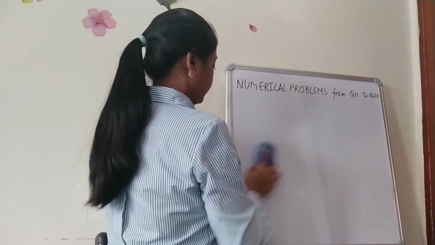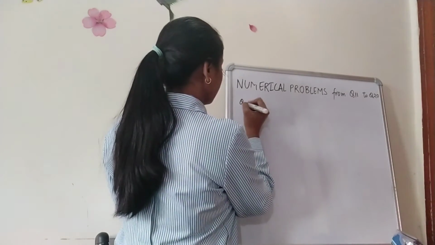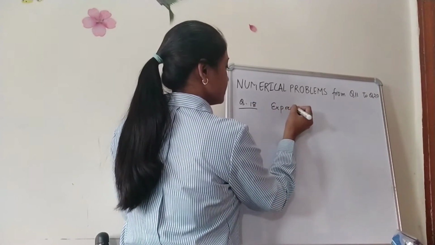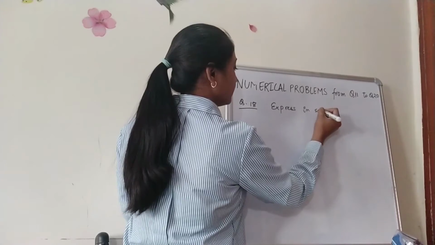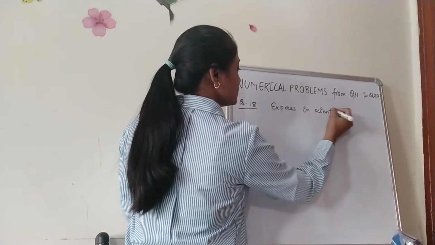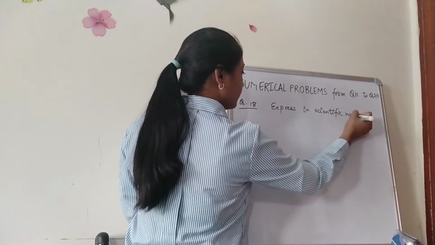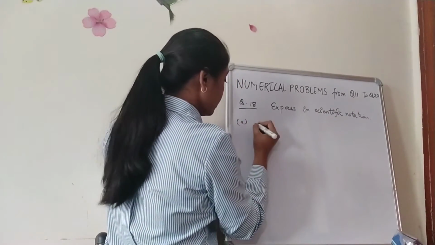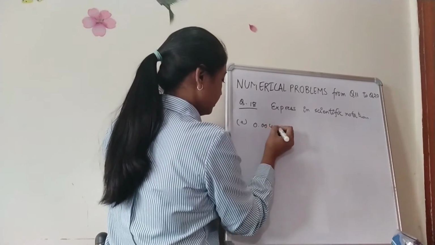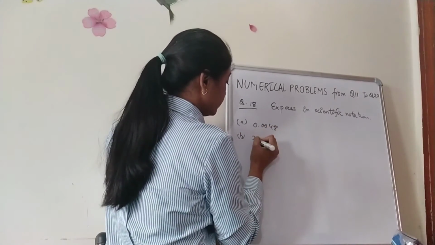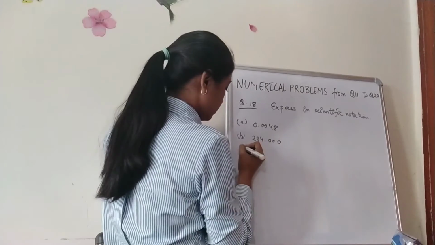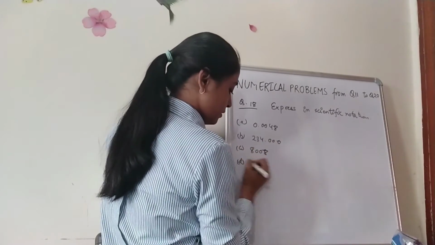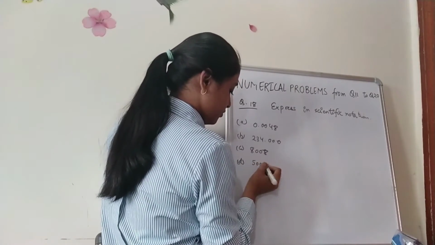Question number 18. We have to express these in scientific notation: 0.0048, 234.000, 8008, 500.0